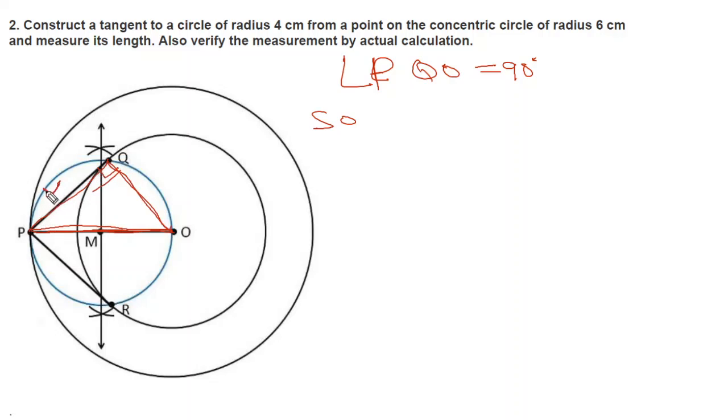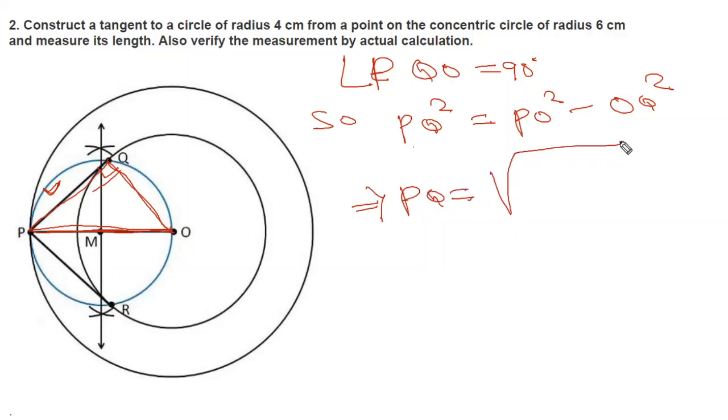We have to find the length of PQ. So you can write PQ square is equal to PO square, the hypotenuse square, minus OQ square, which implies PQ equals